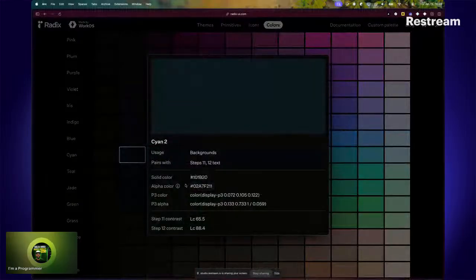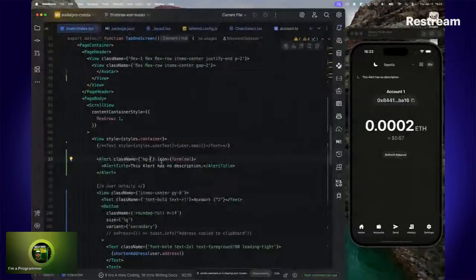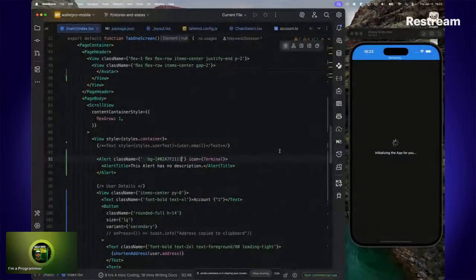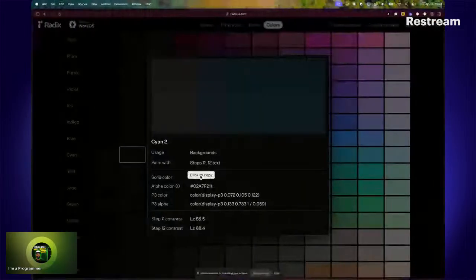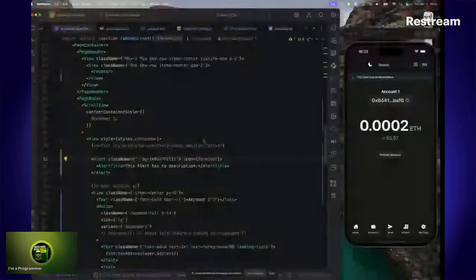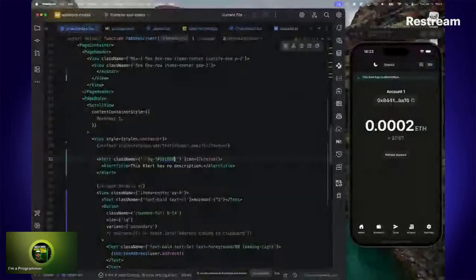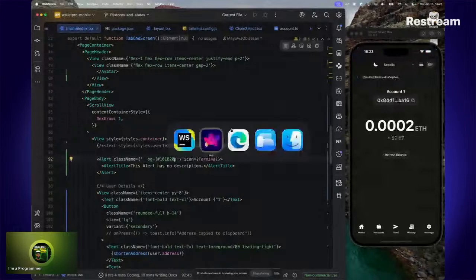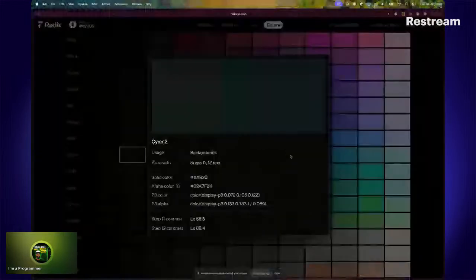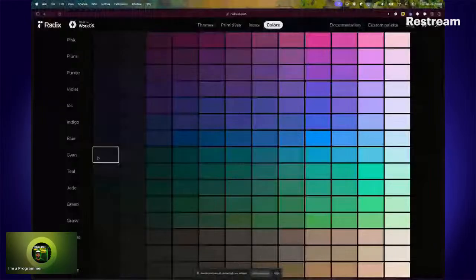So you can see the color is going to give us the alpha color, which is this. I can copy this, go back here and use this as my color. If I use it as my color, you see we have this kind of washed down color, right? Because that's the alpha version. But then if I use the actual solid color, we have something a bit different. We have something like this, which is still quite different from what we have here. I'm just explaining. So we can go a bit higher for the jade and look at maybe more